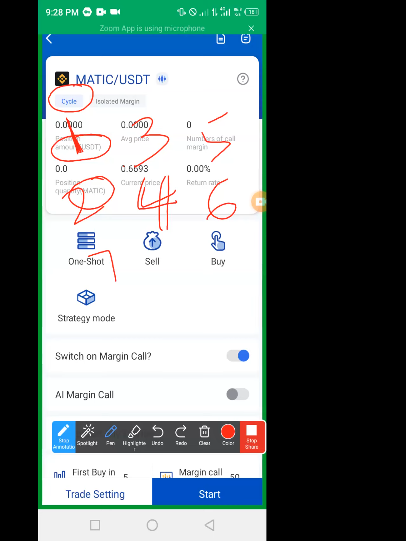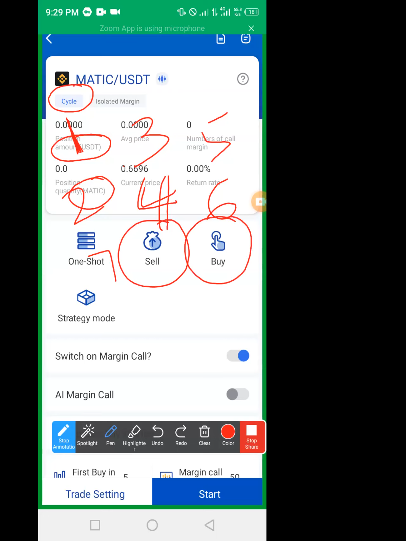You can also tell the robot to sell manually, however much it sells automatically. There are times you can say, I'm tired of this trade, let me sell it. For as long as you see it is in profits, you can sell manually. Whereas when it has bought and you want to put more money to buy more, you can also buy manually. Instead of the robot buying more, you can buy more, and then you click on buy. When you click on buy, then it will buy more.